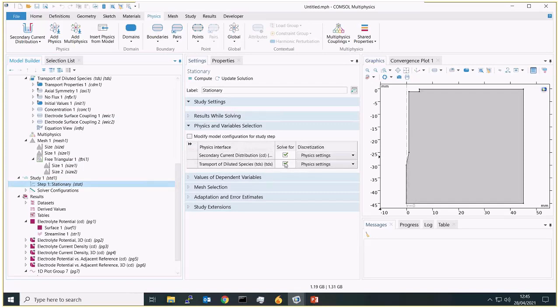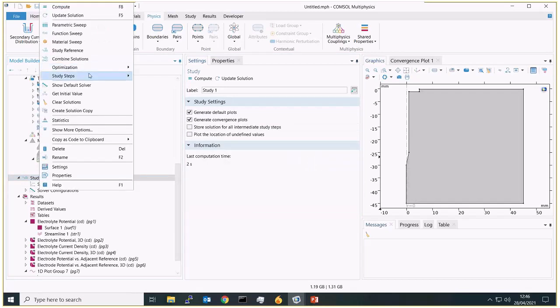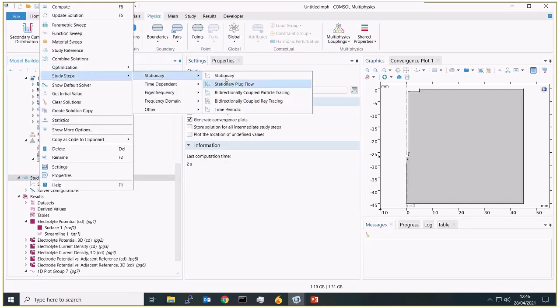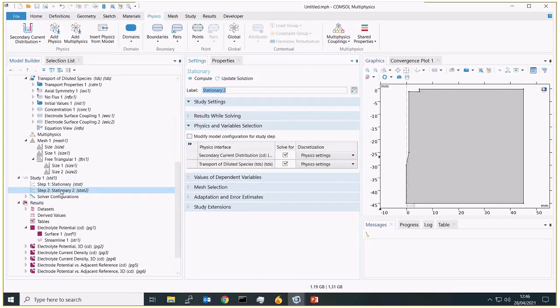So first, to start the solver in a reasonable place, we'll first solve for the potential field, and then we'll have a second stationary step to solve for both of them together. So if we start from the original answer which we had, and then modify it to include mass transport, it'll be quicker to converge because we're starting from something which is quite close to the solution already. So if we now click compute,